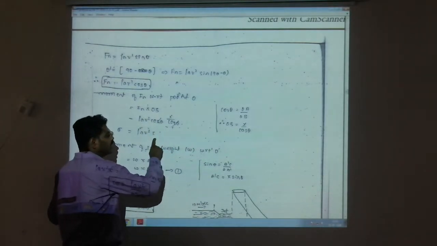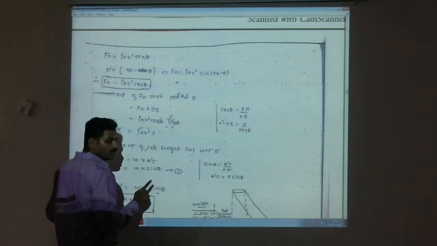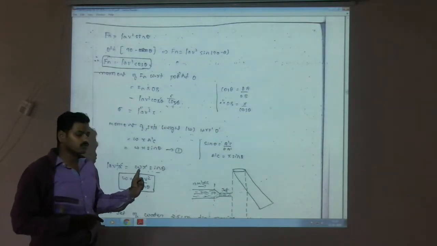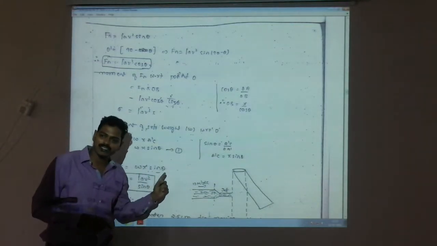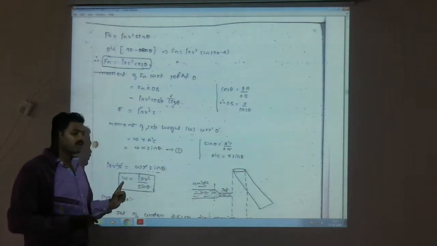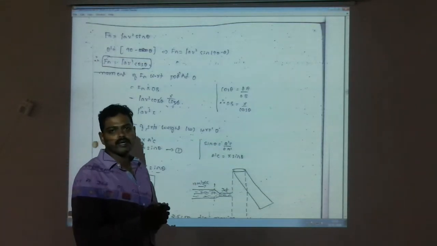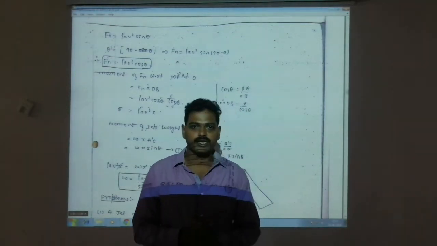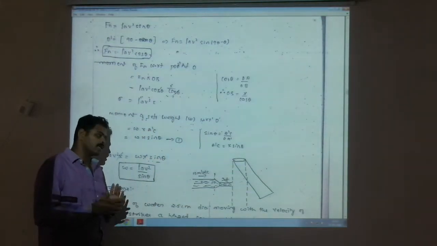So equation 1 is the moment, rho a v square x, and equation 2 is W x sin theta. Just equate equation 1 and 2, then you will get rho a v square x equal to W x sin theta. So x is the same distance, on RHS as well as LHS, both x will get cancelled. Then rho a v square is equal to W sin theta. If you want to find W, it is equal to rho a v square by sin theta. So this is the equation to be remembered for the hinged plate, that is W is equal to rho a v square by sin theta.